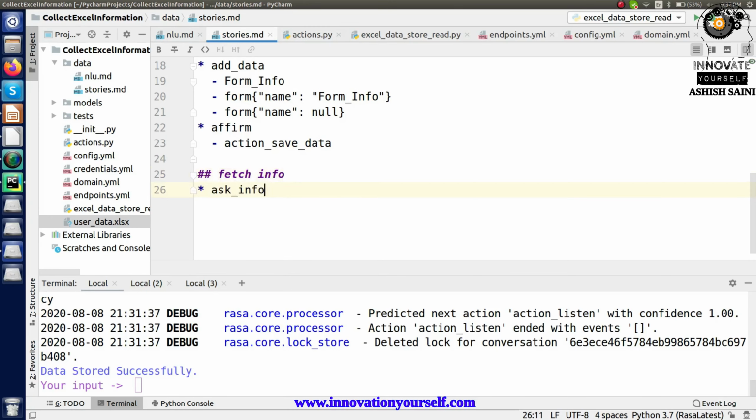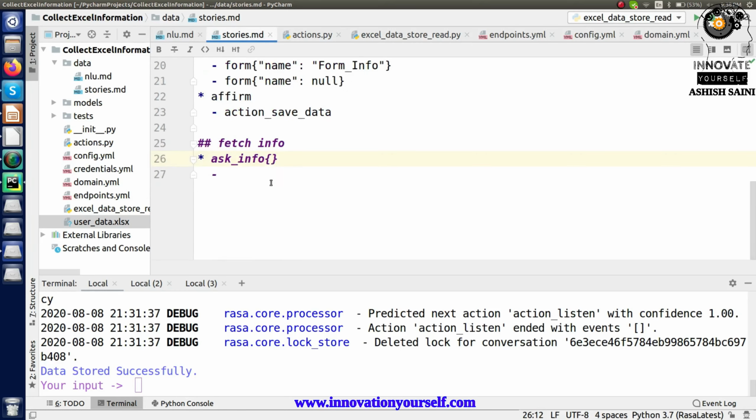Fetch info, and in here just mention what exactly you will do. So when I say I want to fetch the information, I want to collect that information, for that I am definitely going to store these values, whether you pick it directly from the entity part or you do it from the slot part. So this is how you have to do it, but right now I don't want to make it more complicated, that's why I'm not going to add any slot here. So I can directly write the entity part over here, like what information I can get. So that information is like, let's say,